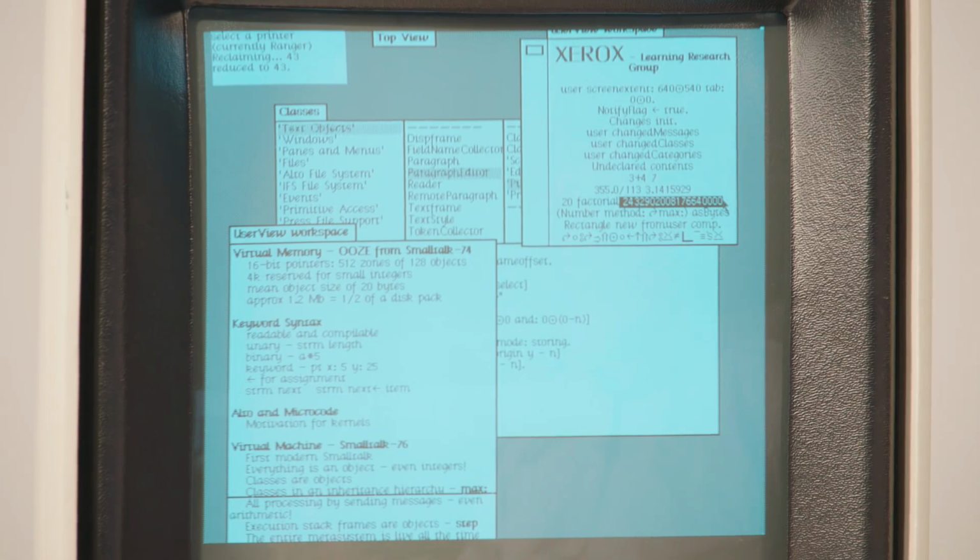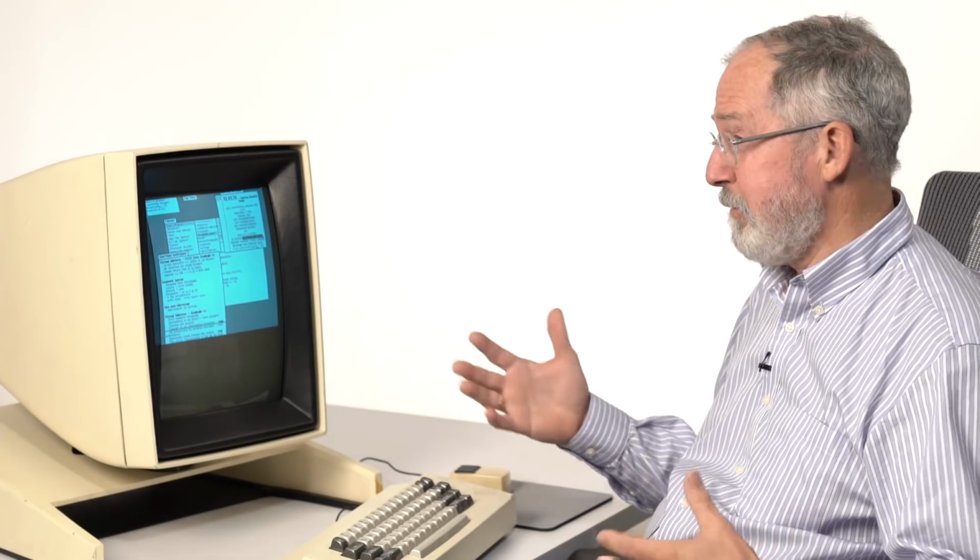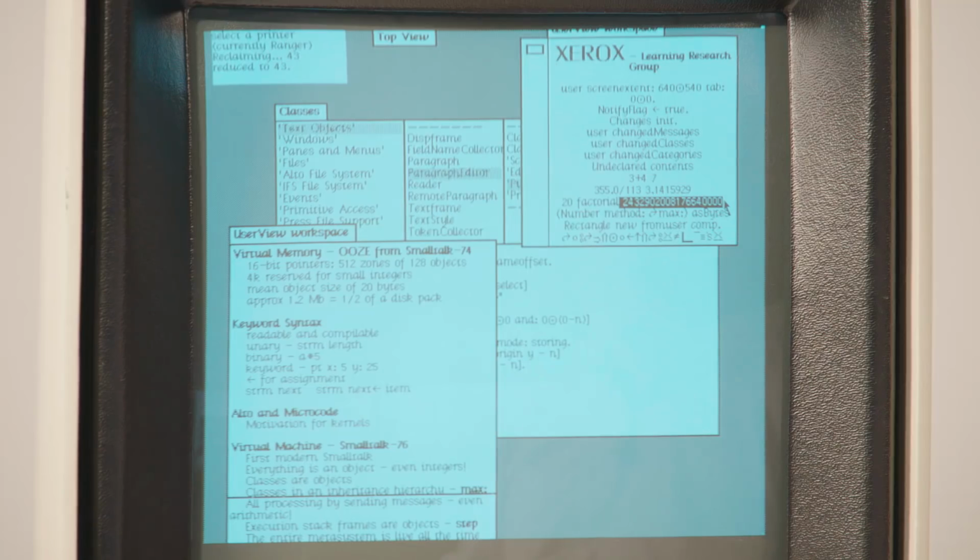One of the things that's nice about this is that although Smalltalk used small integers, we made sure that you could make large numbers with them, because one of the first things that kids who are working with numbers want to do is make bigger ones and bigger ones and bigger ones. So you can make them as big as you want in Smalltalk. So that's just the simple things about getting started with using the system. Wherever there's text, you can select it and evaluate it and print the result. The system itself